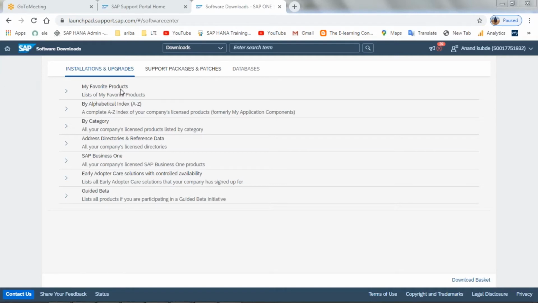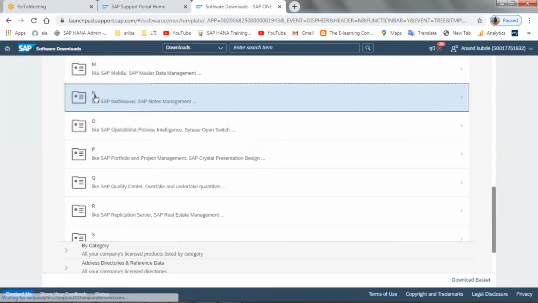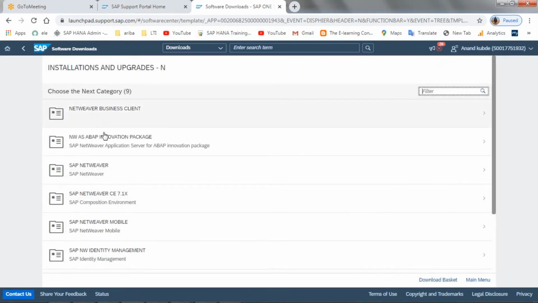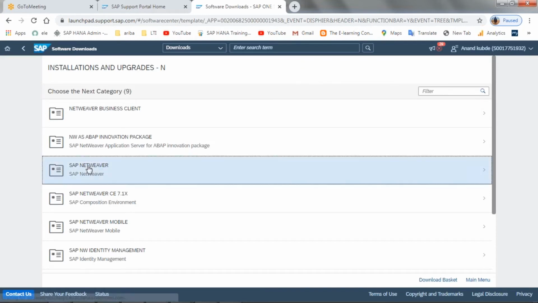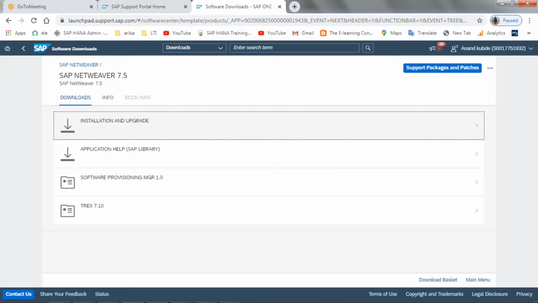Now what I have to do, I'm telling you this key. Don't give it to any of your friends. Now alphabets. Now you have to search for NetWeaver over here. Now select the NetWeaver version you want. Now they are supporting 7.5. Previously when I downloaded, they supported 7.4. Now they support 7.5. You're going to see Software Provisioning Manager. It supports Software Provisioning Manager 1 also. If I click on this,